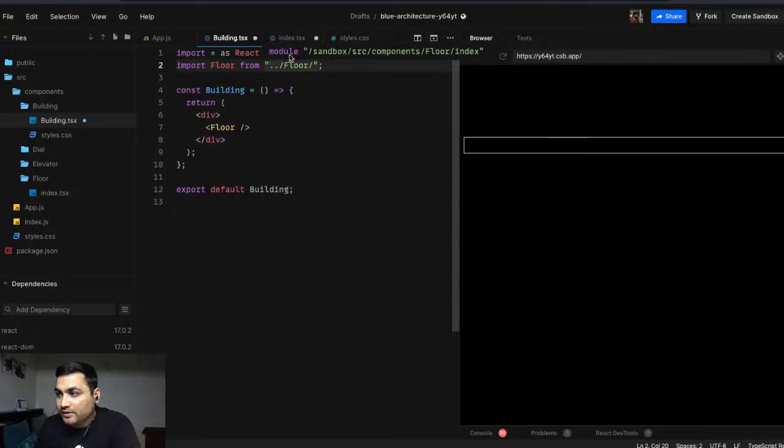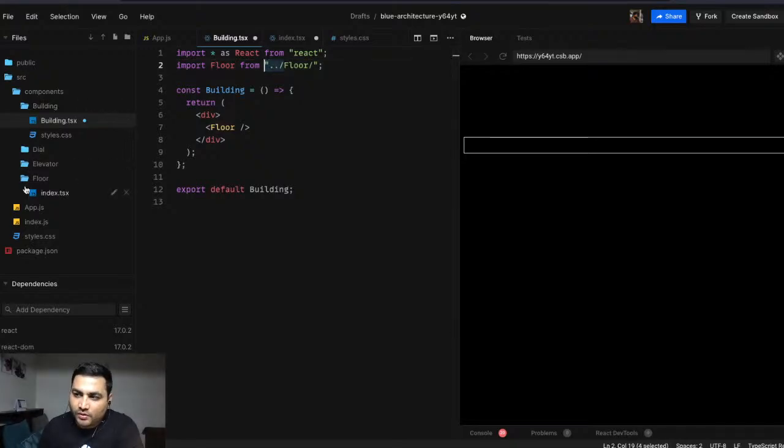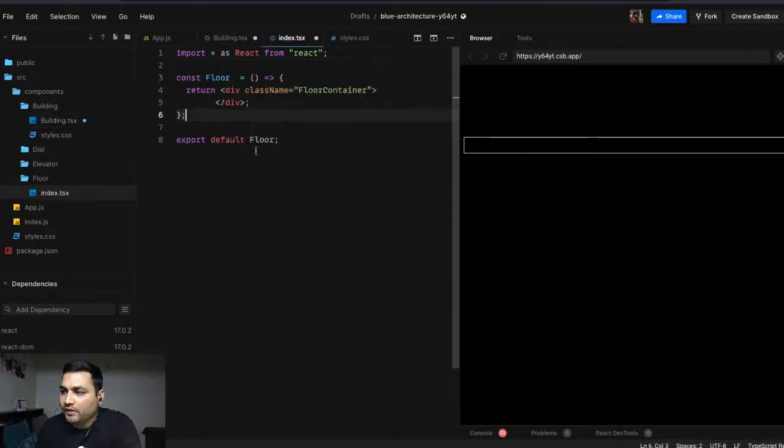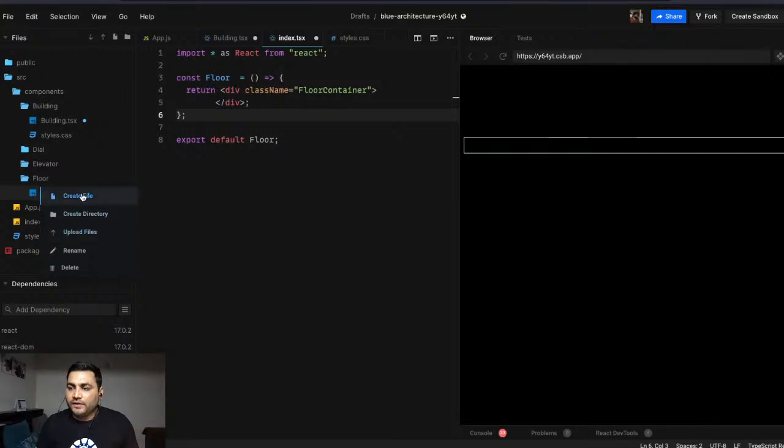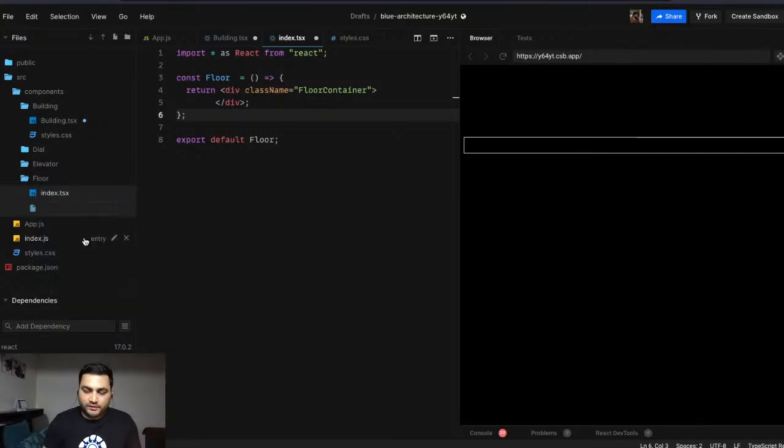of the path. So I'm giving the path of the file. I'm saying double dot slash, which means go one folder up, go to the floor folder, and slash means search for. Since I didn't give any name here, it will search for index.tsx, and I have made a file named index.tsx. It will pick this and return this file, which will be rendered in the UI. Now going back, I will create a new file here called